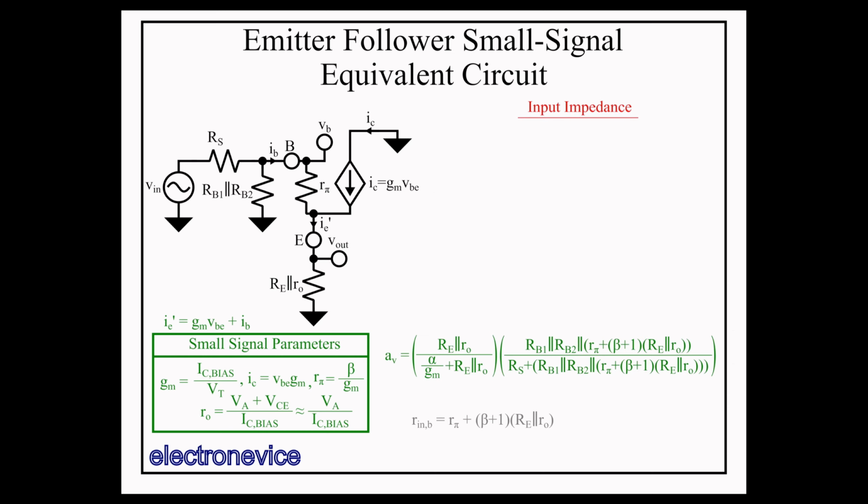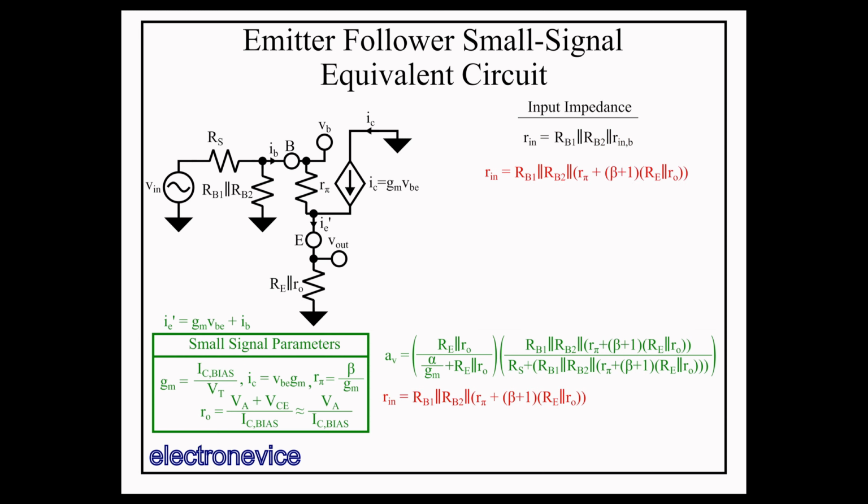Moving on to input impedance, we see that we've done the lion's share of the work already with the input impedance looking into the base. All we need to do is incorporate the biasing resistors which appear in parallel with R and B. And we unpack R and B for clarity. Note again that RS is not involved in this expression because RS is part of the input circuit and thus separate from the circuit's input resistance.